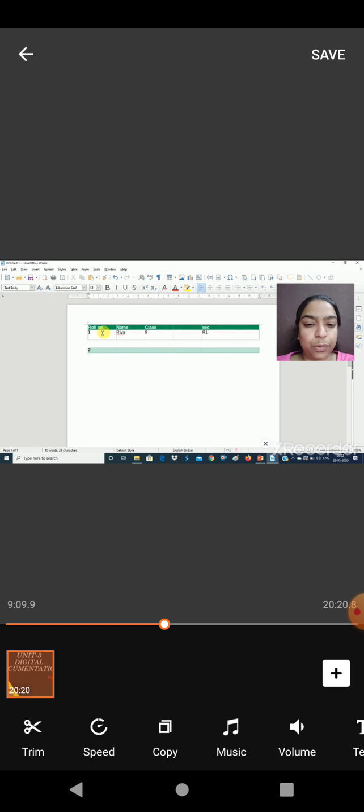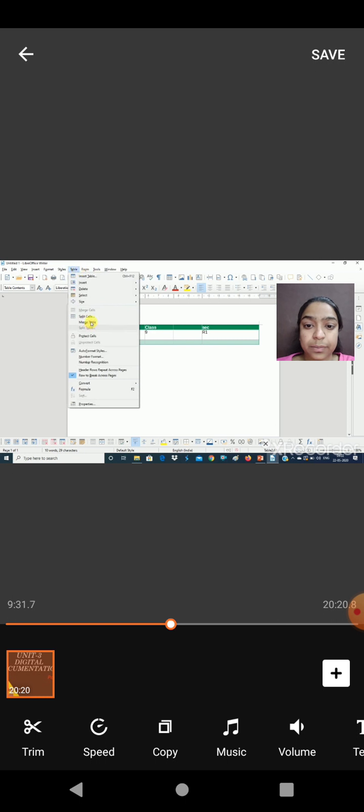And if you want to copy it, the second feature is that you have to first select the whole table. Look at the figure, look at your screen also.